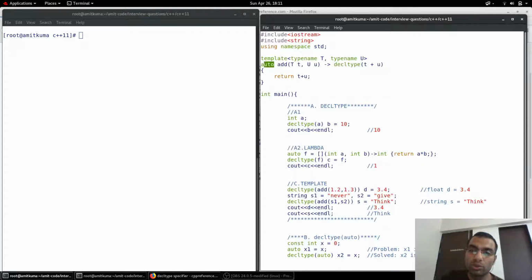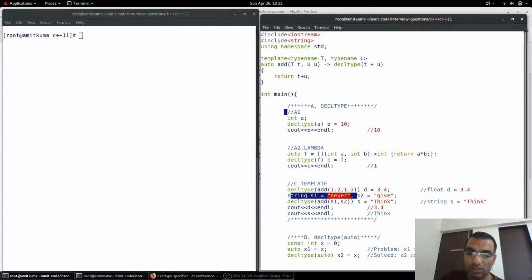Auto is also used, but the return type is specified as decltype. Here I have passed the function inside the decltype specifier and taken it as d. Because I am taking 1.2 and 1.3, the return will be float and it will be 3.4. So if I print d, it will be 3.4.